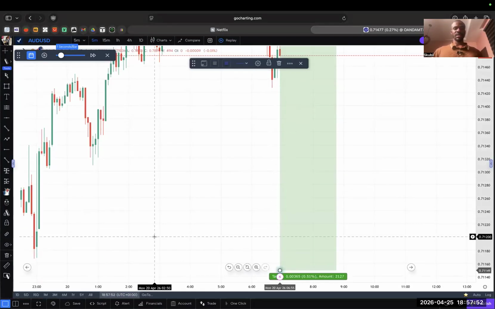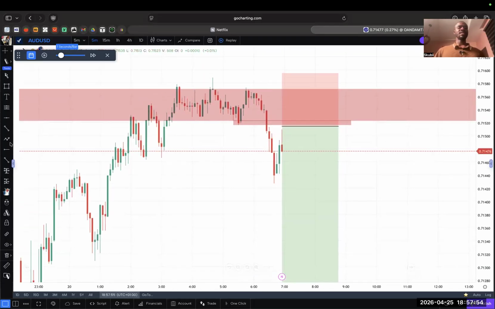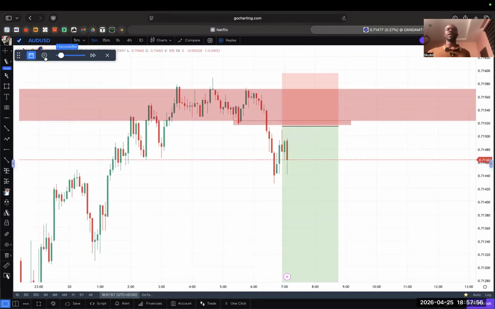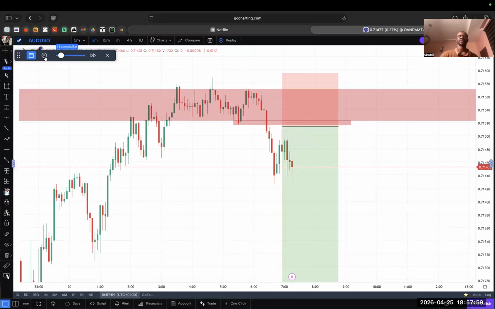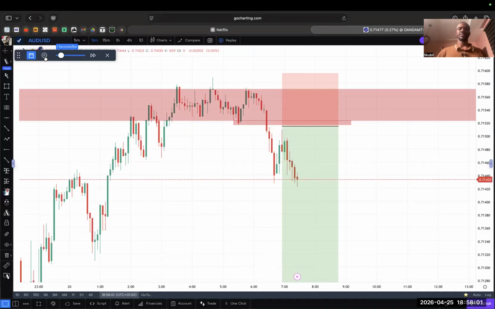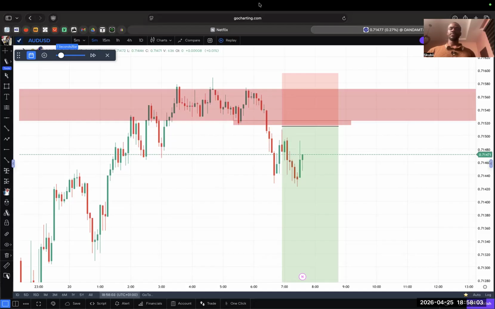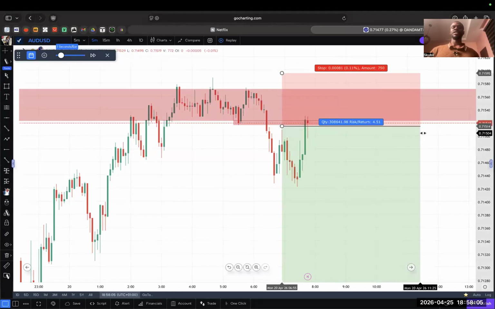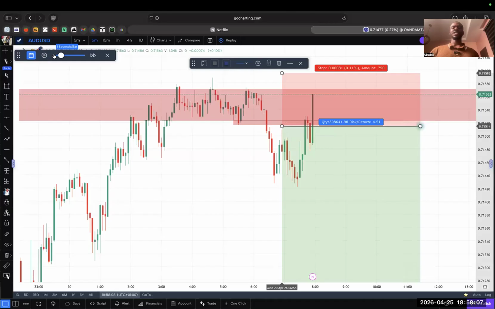And then price, it was actually going good for a while. And then price went out to take us out. So something like this. Yeah, at this point we jumped on it, and then price was going well for a while, and then price went out to take out the stop loss.